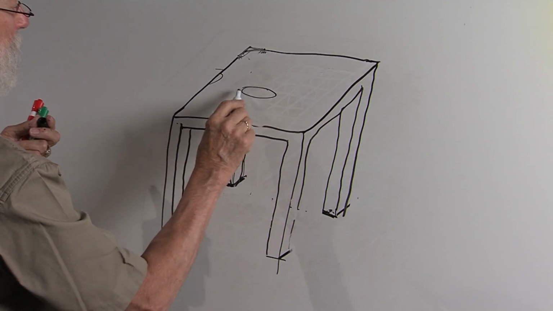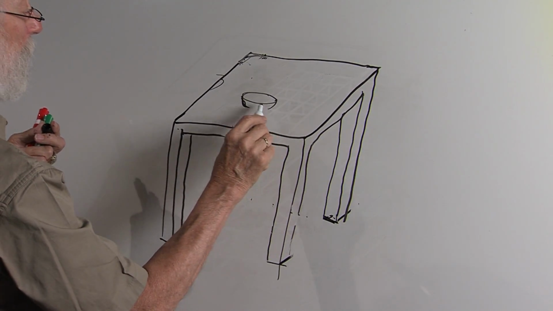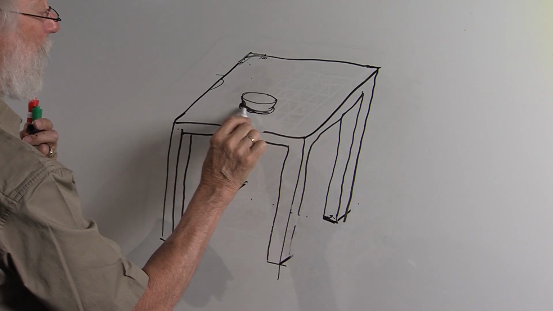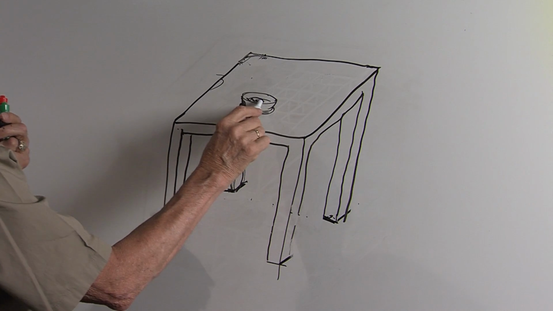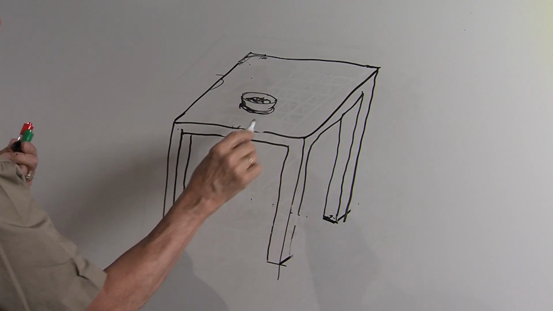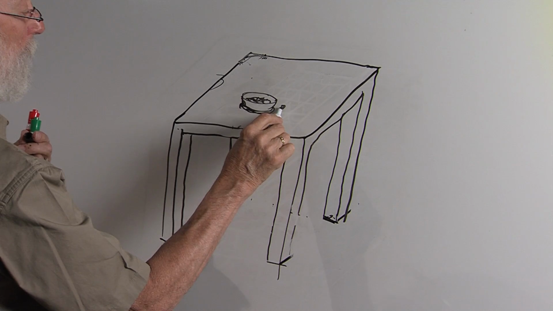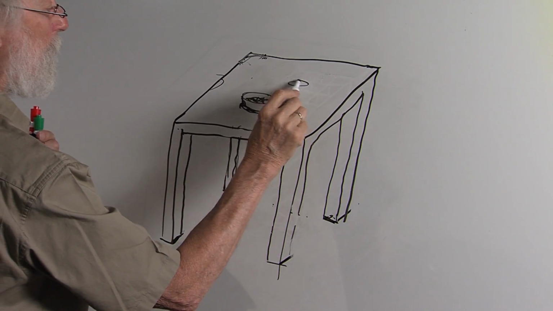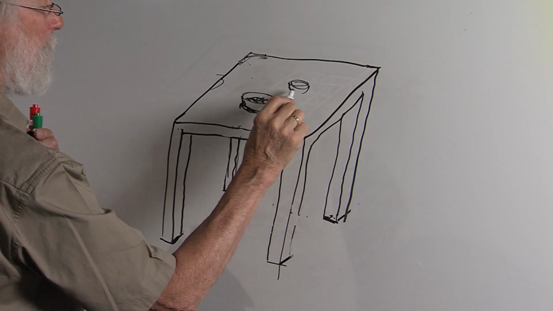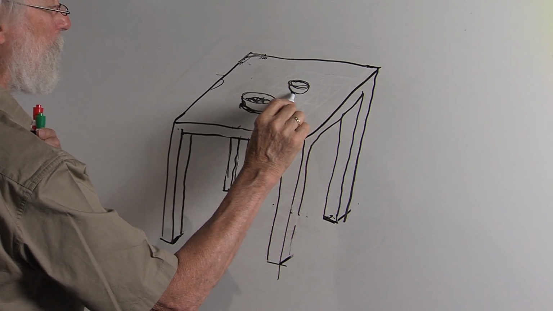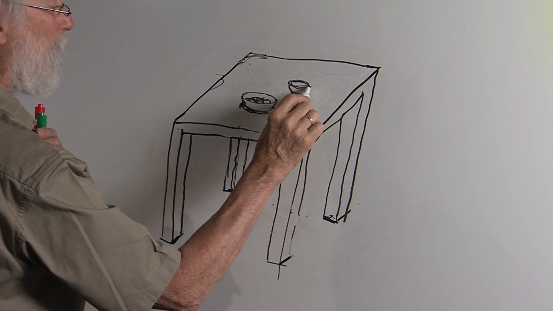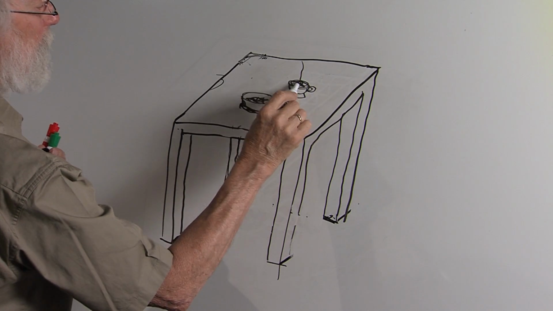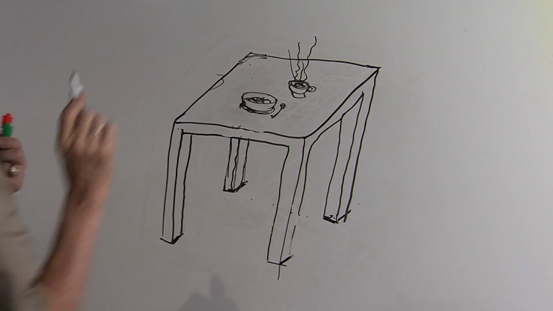I'm going to put my breakfast food on here. Put a little bowl, and it's going to have a little rim around it, and it's full of Wheaties or something in there. Need a little spoon over here, spoon on the side, and maybe a cup of coffee. And we'll be drawing all of this stuff in the future here, so you can have a little cup of coffee too. A little cup, a little handle there, and steam coming out of it, like that.